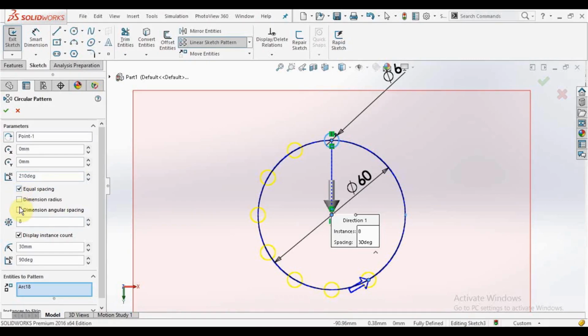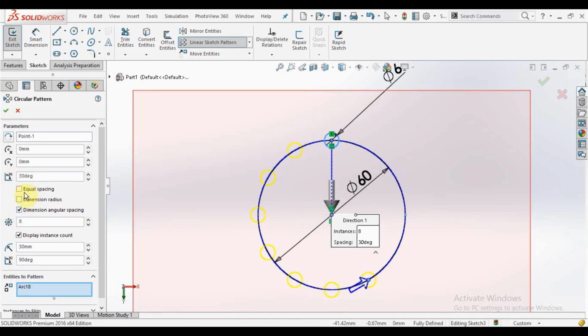So 8 threes are 24, so 240 degrees, plus my first base part, meaning 210 degrees plus 30 degrees, means 240 degrees. Yeah, so here you can see the angle in between two holes is 30 degrees.